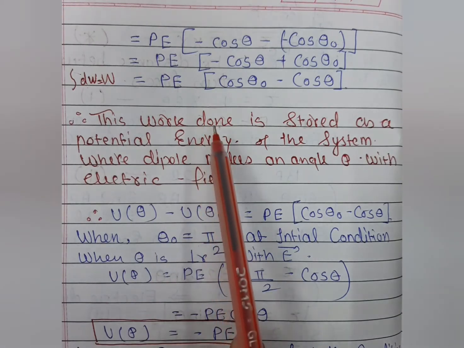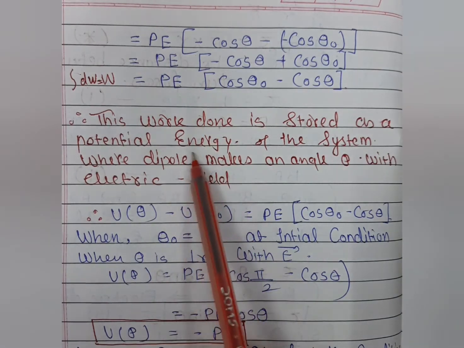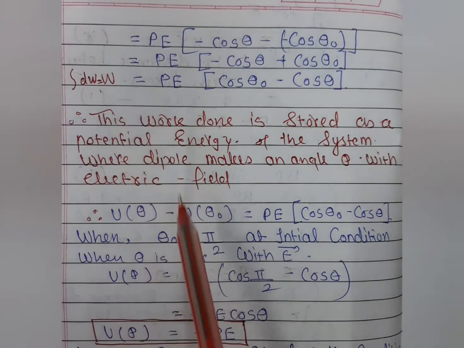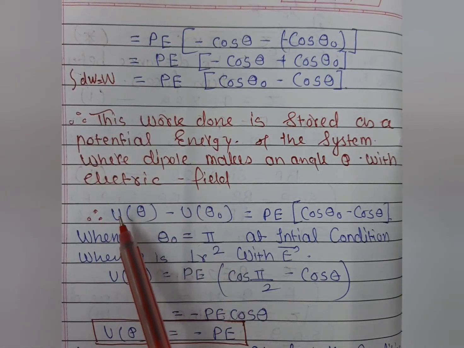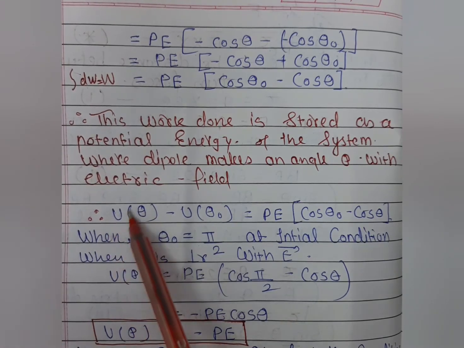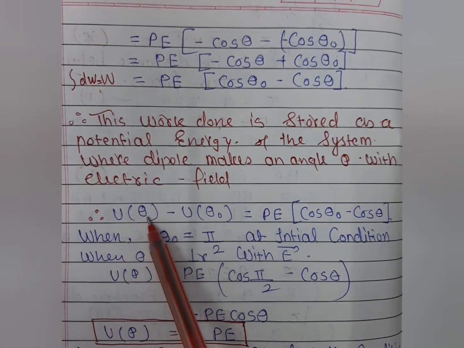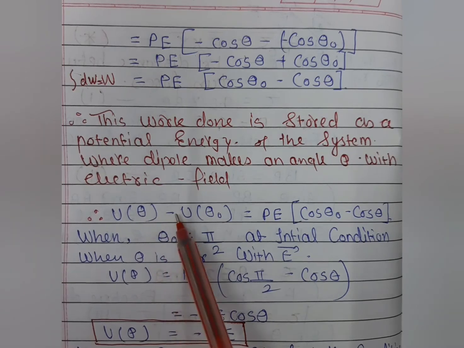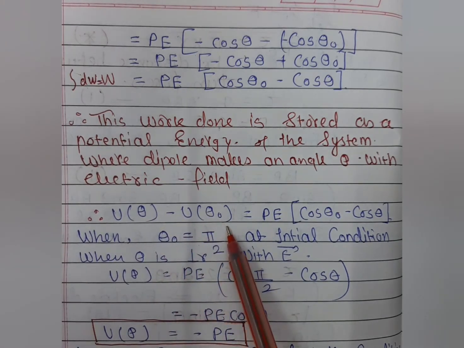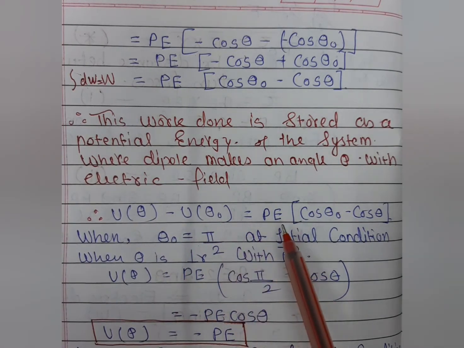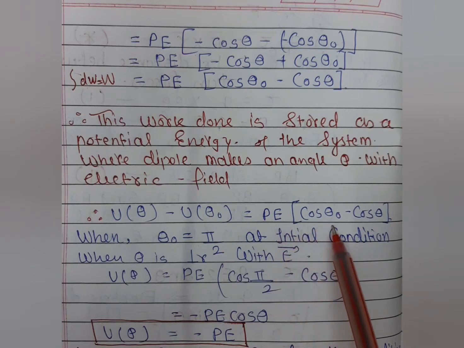So after this step, students, we can also write this work done in the form of potential energy. Clear? When we write work done in the form of potential energy, in place of work we can use energy, and in paper 2 we use the U sign, with total angular displacement theta and initial displacement theta naught, as you know very well, students. And here the formula will be the same: U equals PE (cos theta naught minus cos theta).